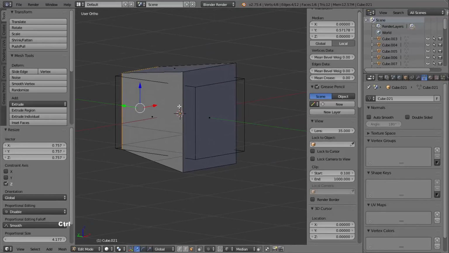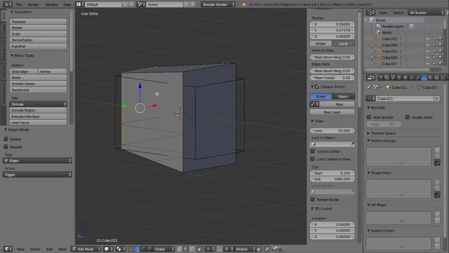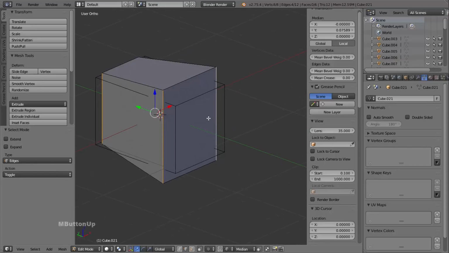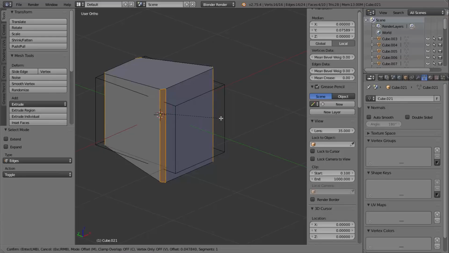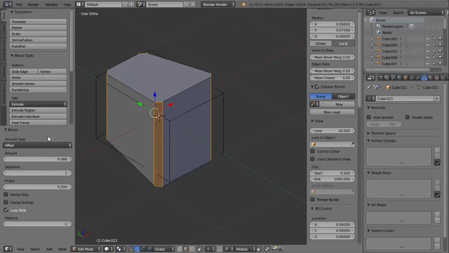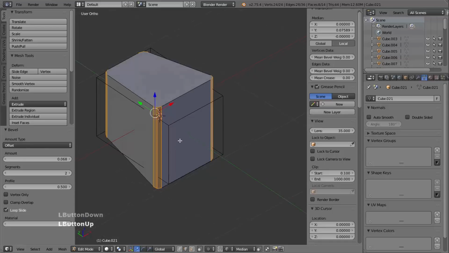Okay, next I want to go into edge mode, and I want to select the edge ring that goes all the way around the object. So I'm going to press Control and Alt and right click on one of these vertical edges, and then I'm going to bevel those. So I'm going to press Control B and bring that to about there. And this time I want to add a segment to my bevel,